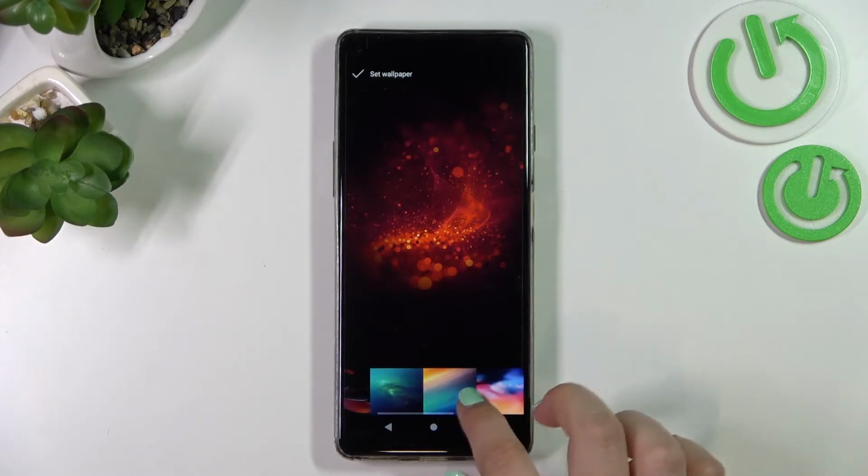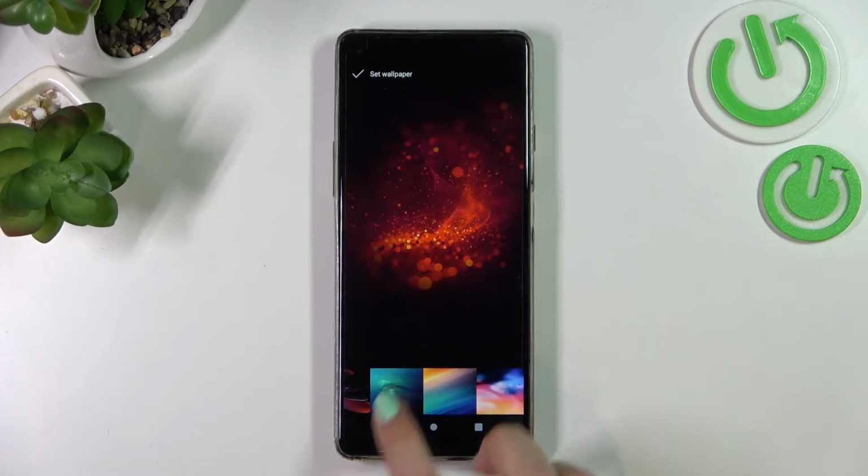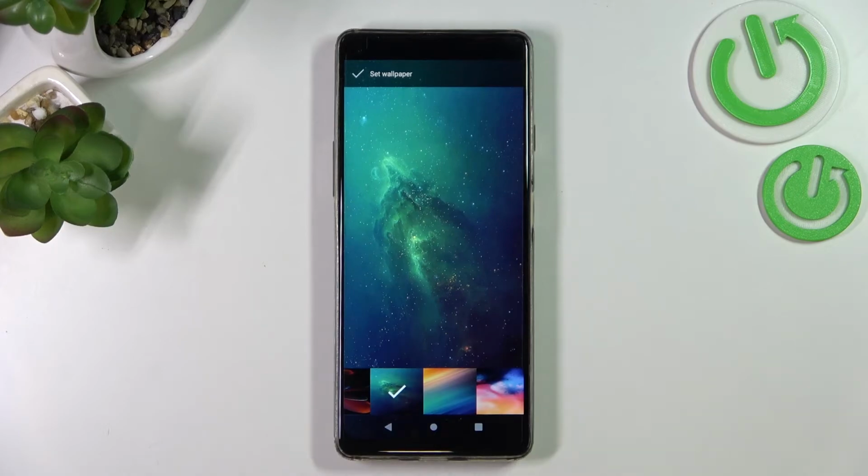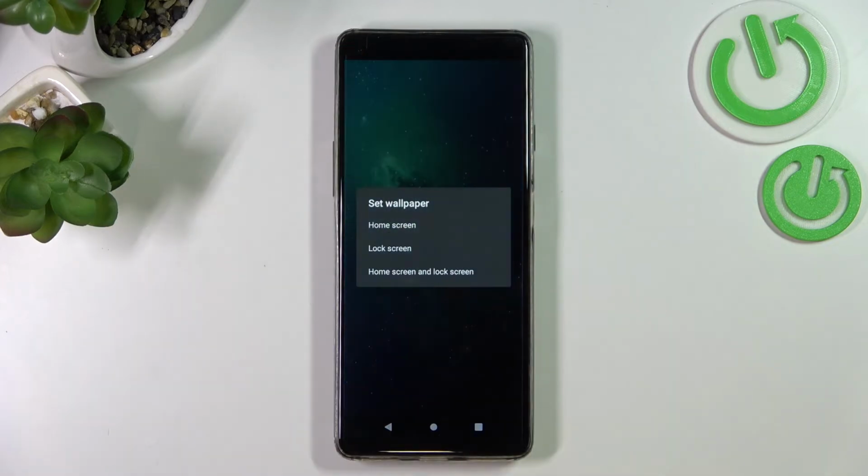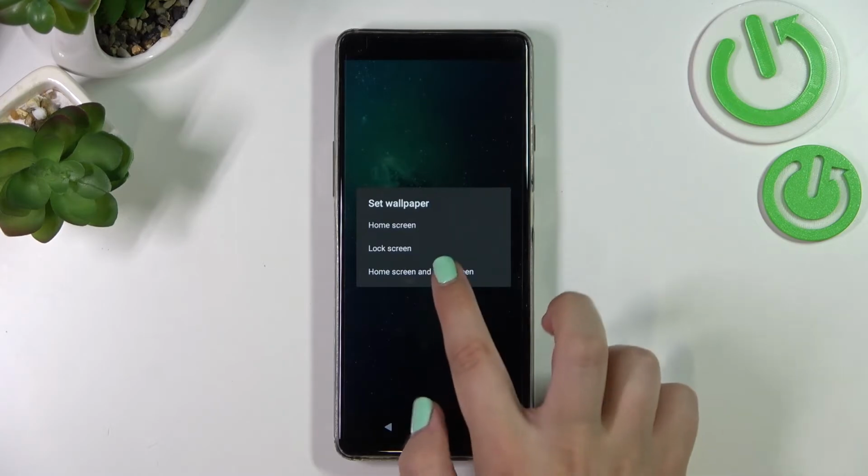So basically, in order to check the preview of the wallpaper, simply tap on it, and as you can see it will immediately appear on the full screen. So if you decide that you want to set this wallpaper, just tap on the tick icon. And now you can decide where you want to set it. So you can set it as a home screen, lock screen, or both, and I will pick both options,